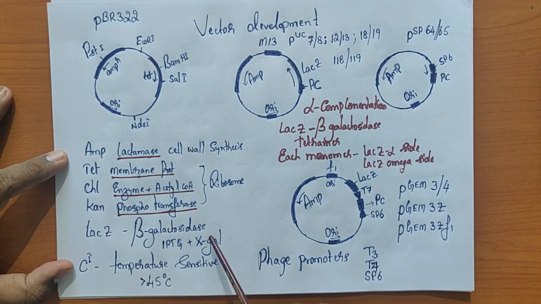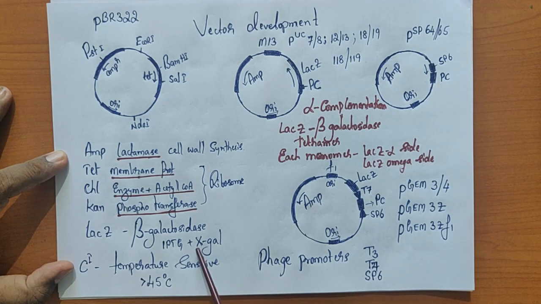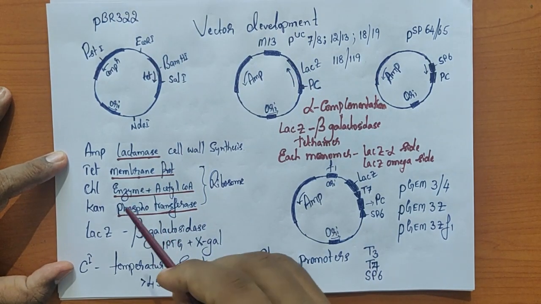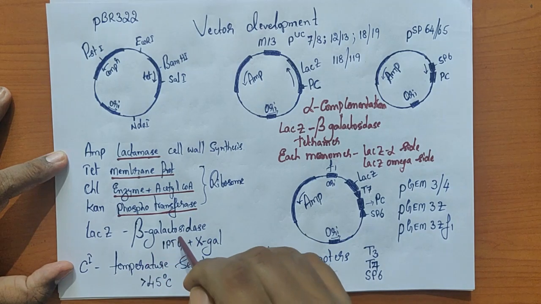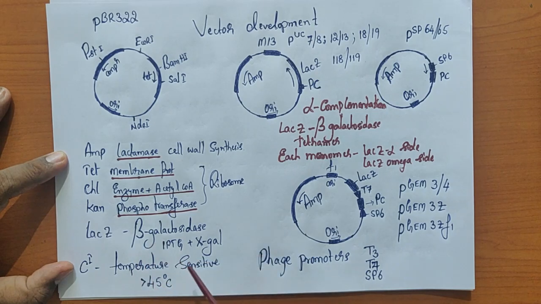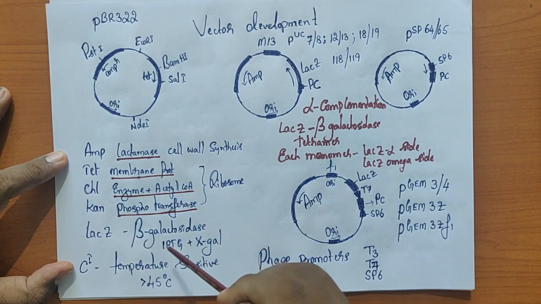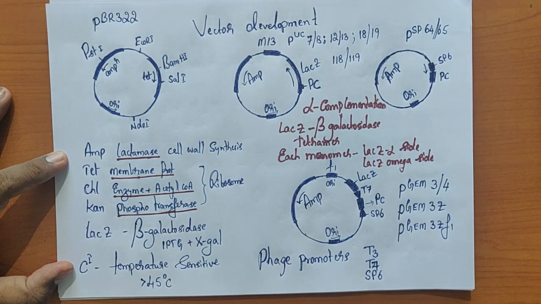So we all know that in case of beta-galactosidase, IPTG, an analog of galactose, is an inducer. So in the presence of IPTG, the beta-galactosidase enzyme is going to be activated or overexpressed. Then with the help of the substrate X-gal, which is colorless, the product is going to be blue in color. So we are going to identify the whole process. So in case of an expression vector, if we introduce our gene under the control of lacZ, we can express it whenever we want. It is not going to be expressed automatically. That means the promoter of lacZ is under the influence of the inducer.